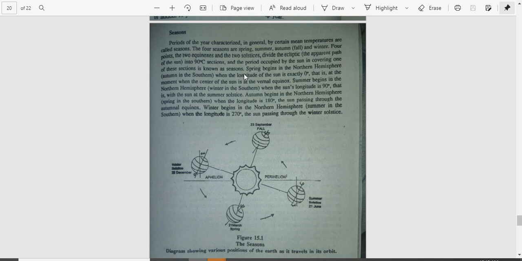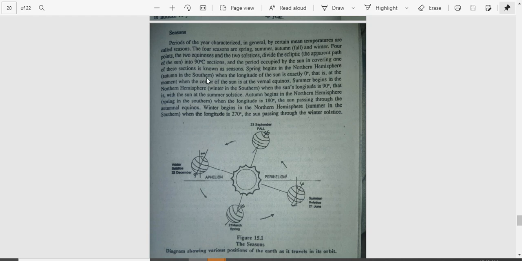So first ato nga i-discuss is your spring. Spring begins in the northern hemisphere, or autumn in the southern. Ang spring, class, usually is after malaya na mga tanom, nag-wither, then ginanos ang snow. Dira nag-grow ang mga new, or mag-sprout ang mga new nga plants. So muna ang spring.